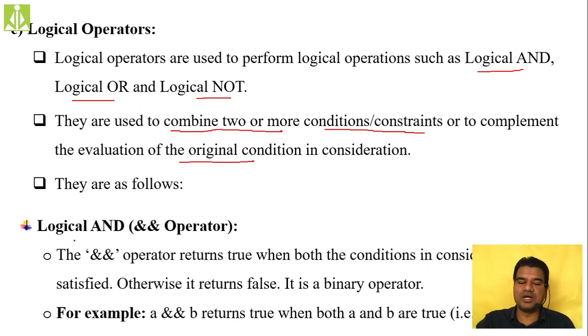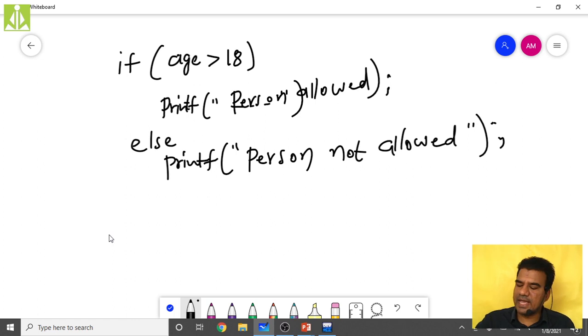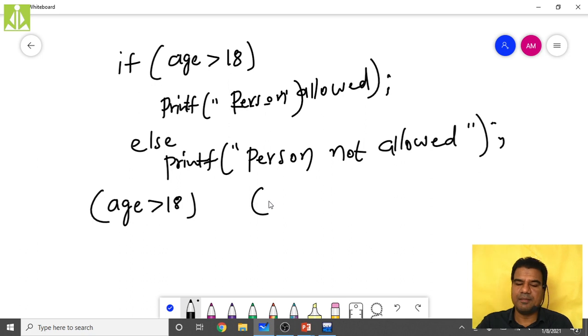The first one is logical AND. If you want both the conditions to be met, just now I said the person's age must be greater than 18. This is my first condition. And my second condition is the bank balance, it must be greater than 50,000.